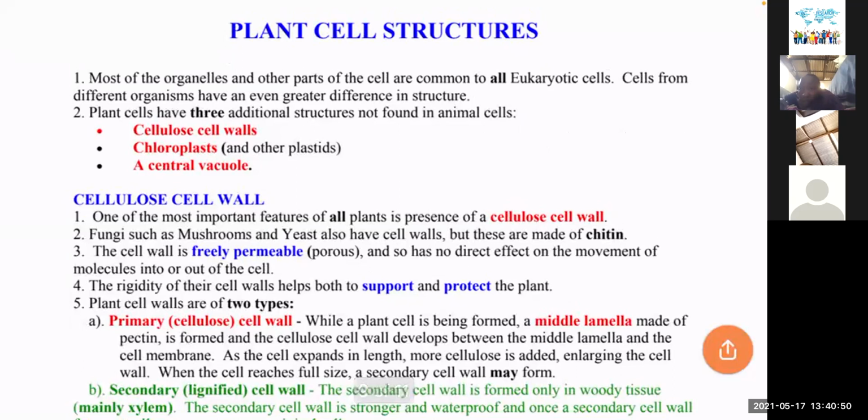Okay. So here we proceed, just as I was saying about the cell organelles. Here is, I would say, a bit of a revision of most of the parts that we've discussed, and just brief information about everything that we had mentioned. Then beneath we have a comparison and a table showing structures. Most of the organelles, other parts of the cell, are common to all eukaryotic cells. Cells from different organisms have even greater differences in structure. So here we are coming to distinguish between the two types of cells, the eukaryotic cells and the prokaryotic cells. Plant cells have three additional